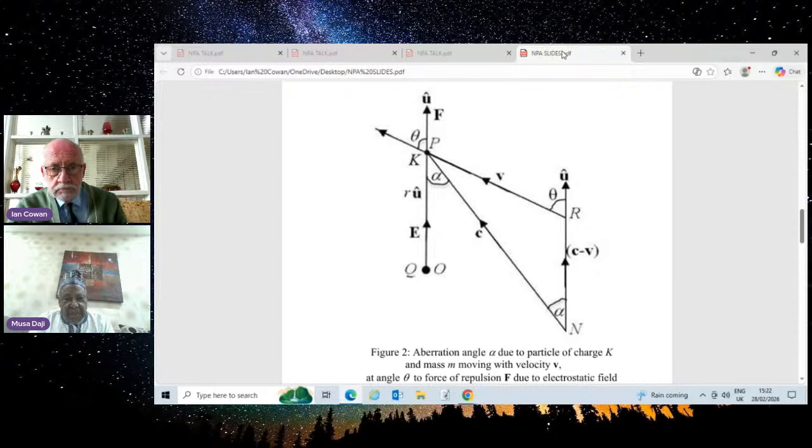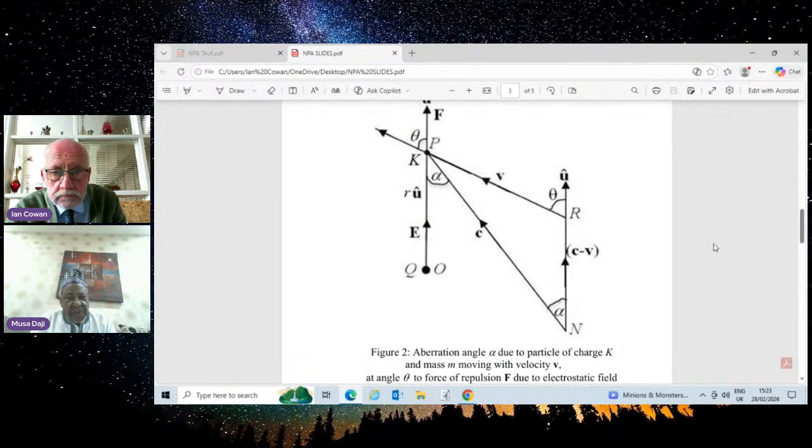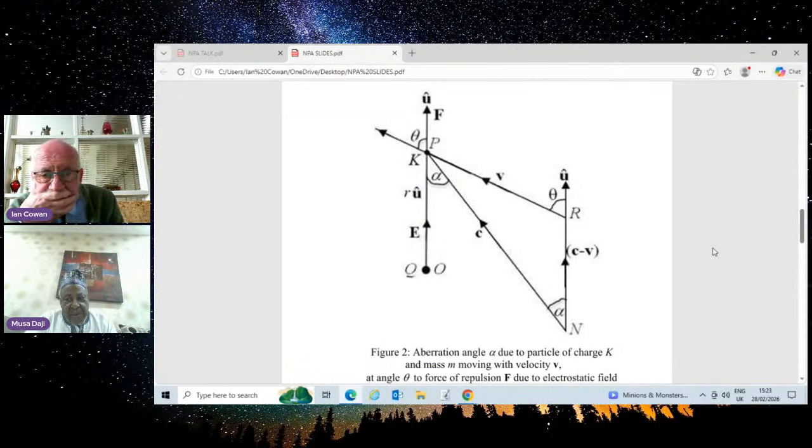If you look at figure 2 here, a charged particle moving with velocity v experiences the force coming at an angle alpha, the aberration angle. On this basis, we can express the,